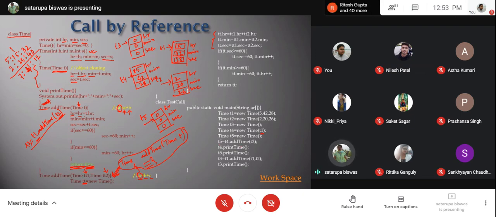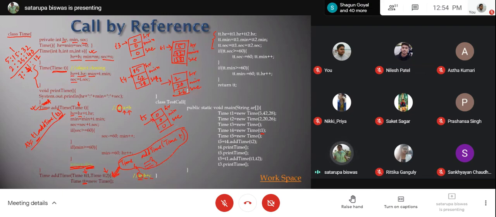So T5 equal to T4 dot add time T2. That means it will be using the first add time function. And T2 you are sending through this. So this time T, I will be using another link for representation of the temporary variable.